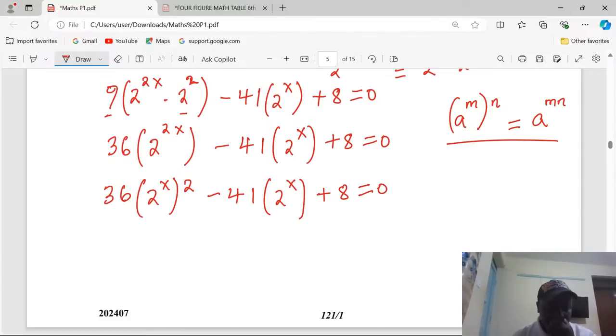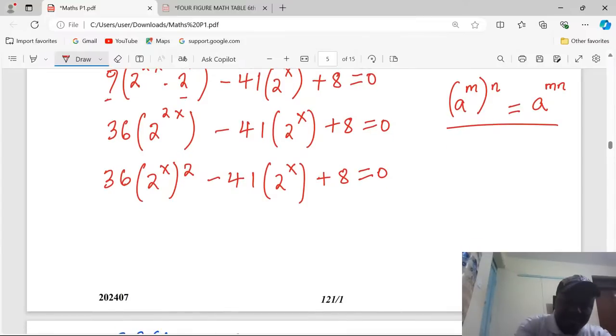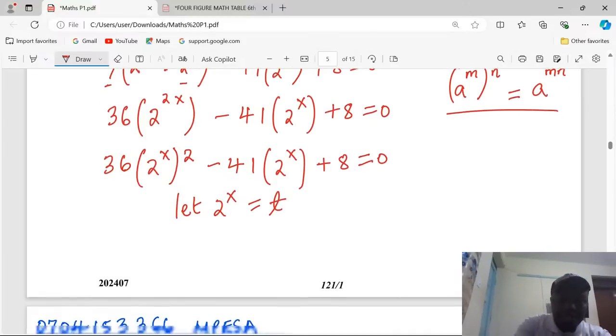Because 2 power x is appearing severally, let 2 power x be a certain unknown like t, just any unknown. So this will be 36, then this will be t squared minus 41